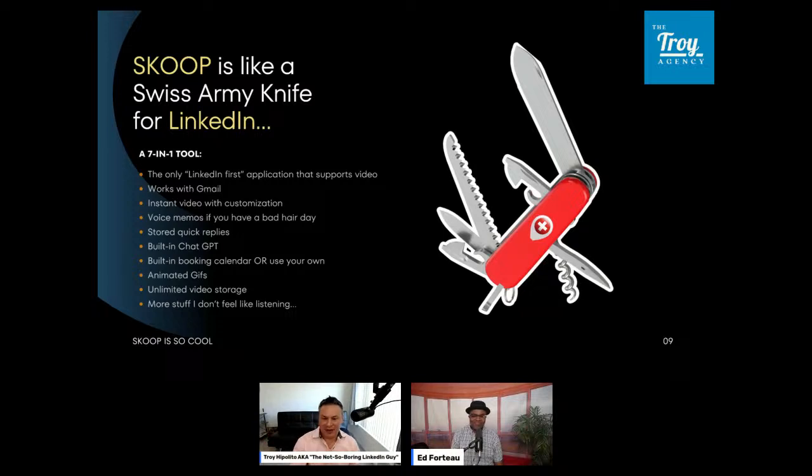So we know the main function of a Swiss Army knife is a knife, but it usually has something like a toothpick, a corkscrew. It has the ability to have a little saw, and sometimes it has a screwdriver in it. So you may use that main knife in there. And the knife in our example is the video portion, but there are other tools that allow you to just communicate better and in a way that makes you seem a little more appropriate depending on the situation.